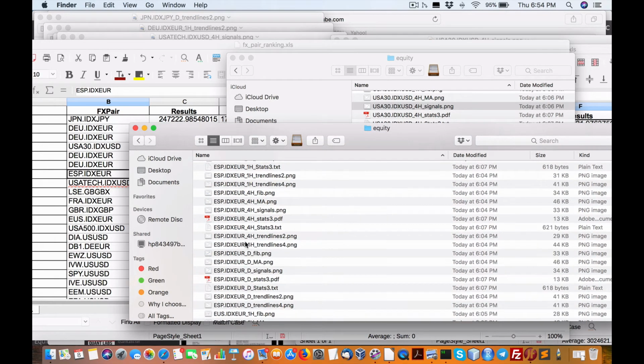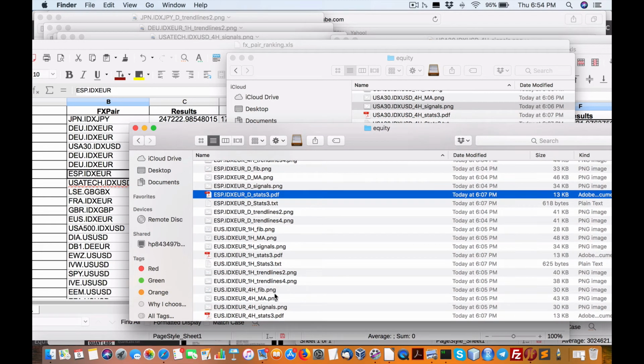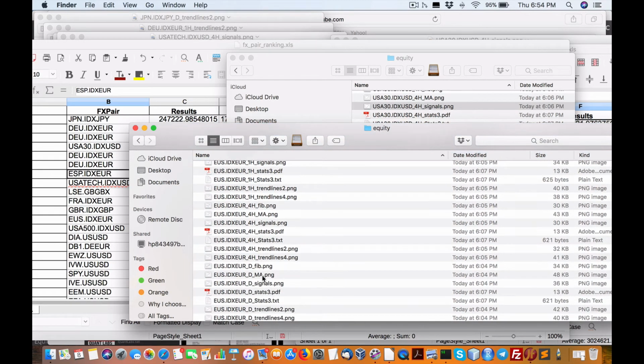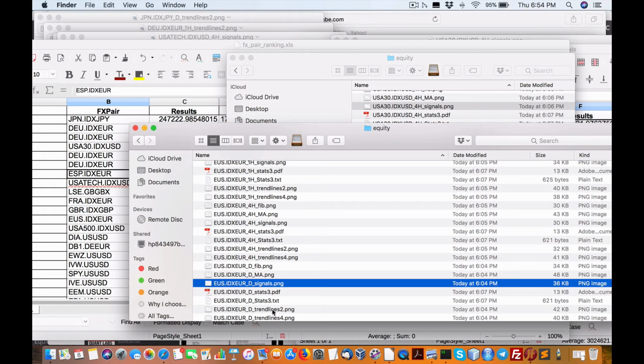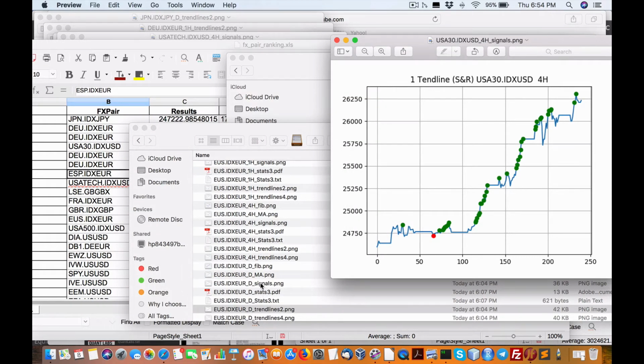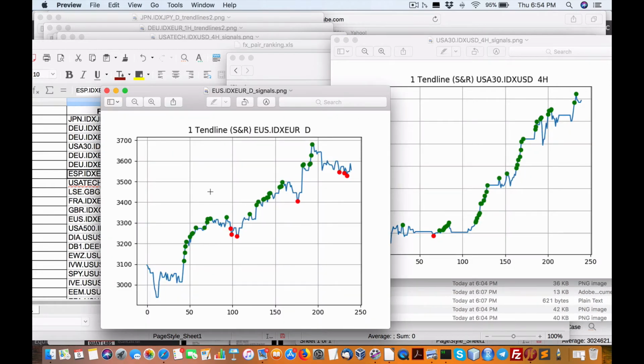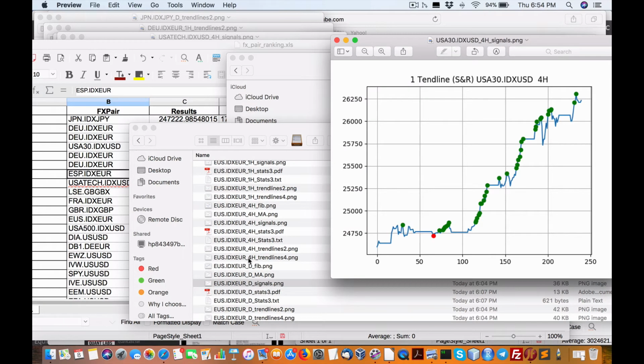So we got the Spain. Let's check out the daily first. Wow, nice move from 3,000 to 3,600. So that is, again, just about 20% moves. Not bad. Let's check out the signaling for the daily. So there is some buying opportunity there. And then the 4-hour,